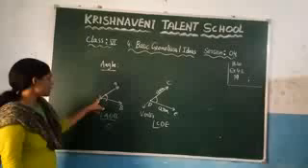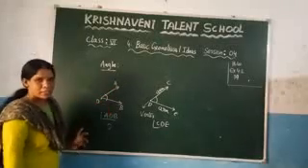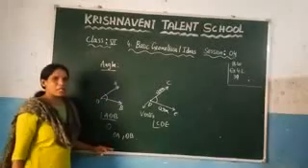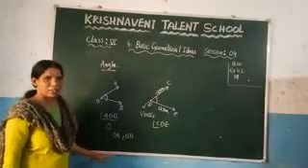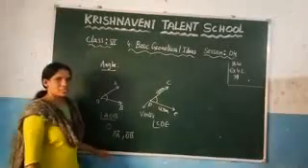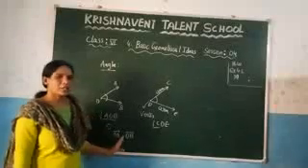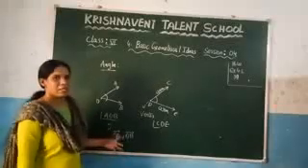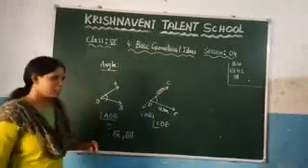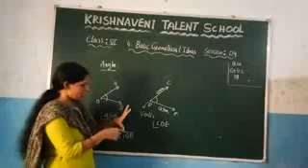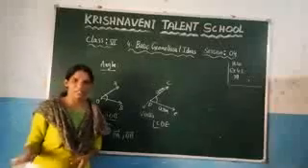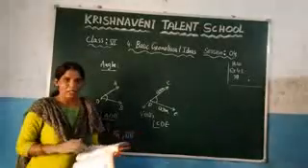And what are the arms here? OA is one arm and OB is the other arm. So here write it as OA and OB. But what are OA and OB? These are nothing but the rays. So you can denote it like this. This is about the angle. And you can take examples: when you see a scissor, when a scissor is open, you can observe that an angle is formed. Similarly, if you see these two fingers, here also you get some angles. And if you open the door, you will get some angle. These are examples of angles.